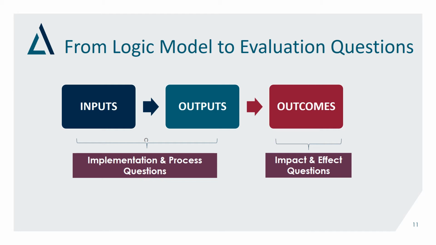The second group of questions are impact and effect questions. These are focused on measuring whether students are achieving the outcomes you want. These questions should reflect that you are measuring change, whether over time or between groups of students. It's important to be clear on what student group you are measuring, particularly if there are multiple years of participation or different activities targeting different groups.